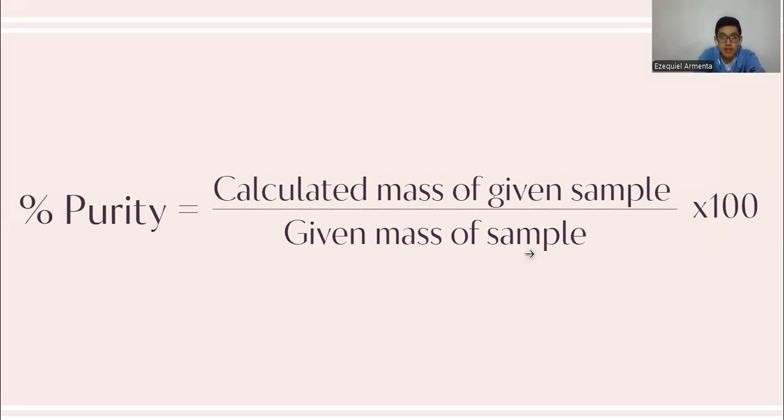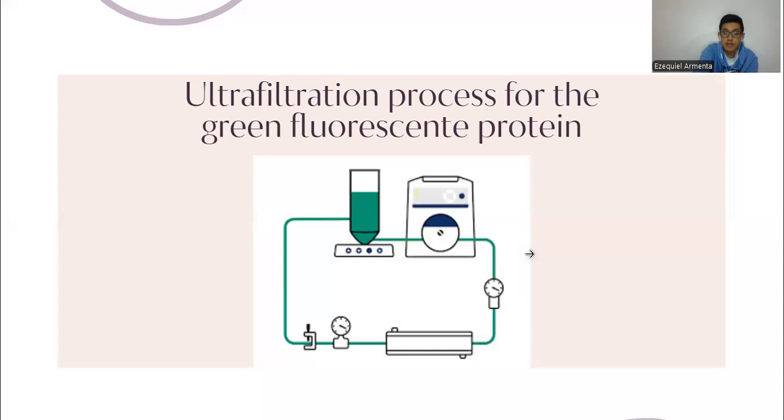Now, into question 3, how would you scale up an ultrafiltration process for the purification and concentration of a green fluorescent protein? Before ultrafiltration, the solution containing green fluorescent protein, or GFP, must be clarified to remove cell debris and other insoluble materials. This is typically achieved through centrifugation or microfiltration using a 0.45 micrometer filter, since the GFP has a molecular